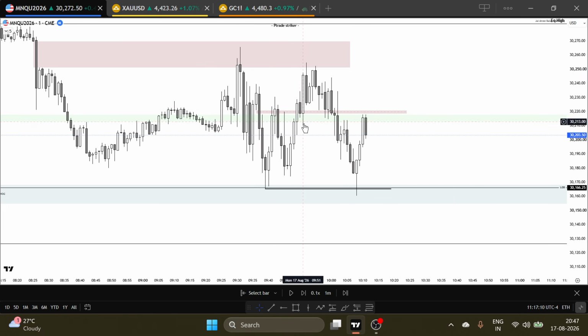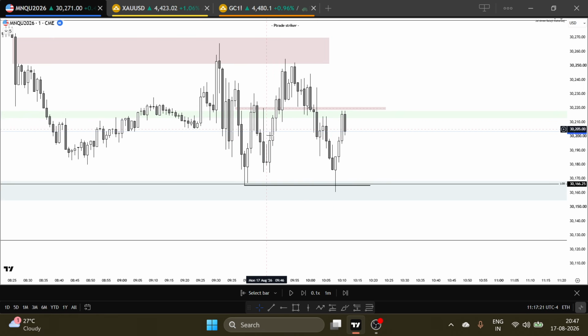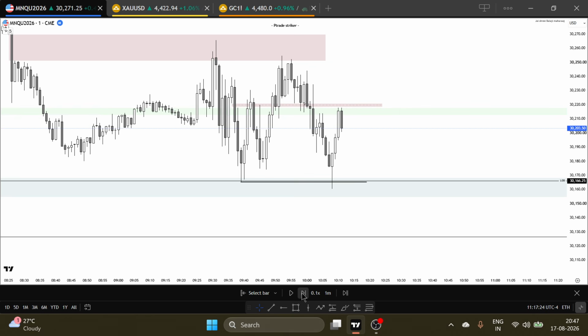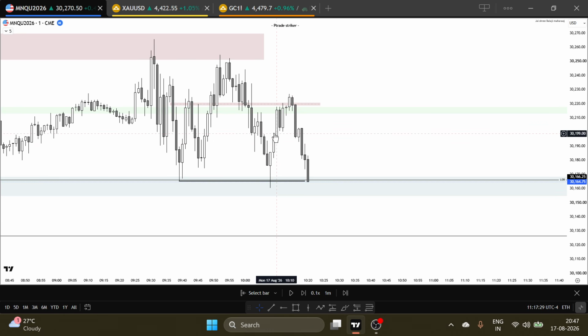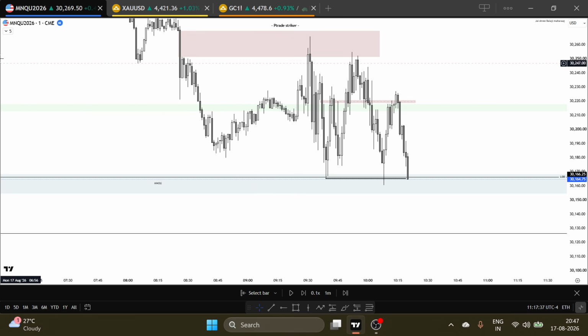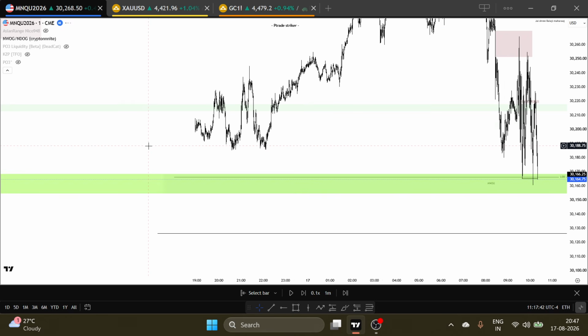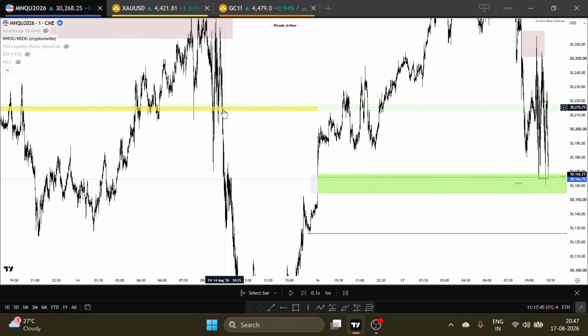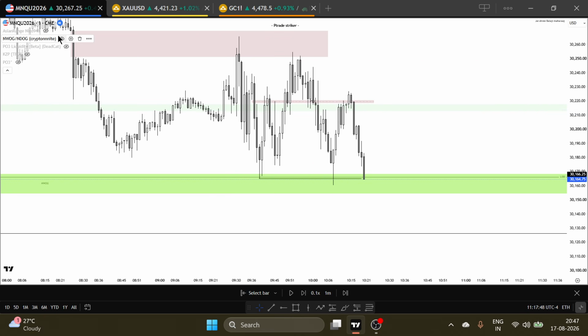Price went up, okay, and then started going down, creating this inverse fair value gap. Here you can see this fair value gap, and it broke this low. Then I was waiting for more opportunity, and here you can see again price inverses this fair value gap. Also, when you check this rectangle, look at this, this is the NDOG, right? So I was thinking price just keeps respecting this NDOG.